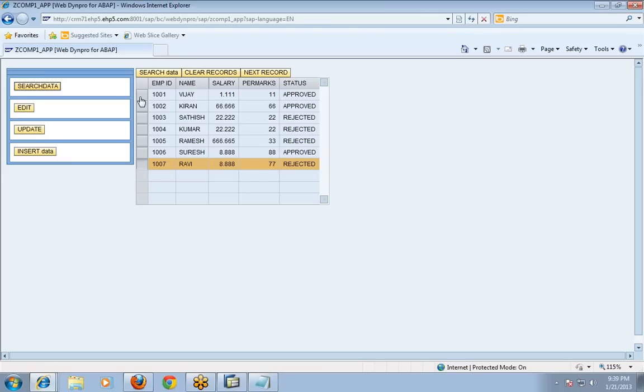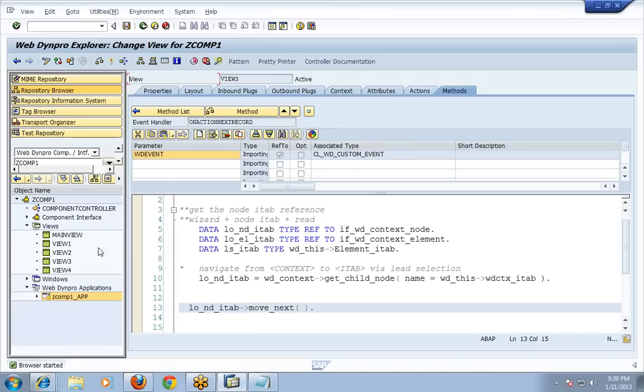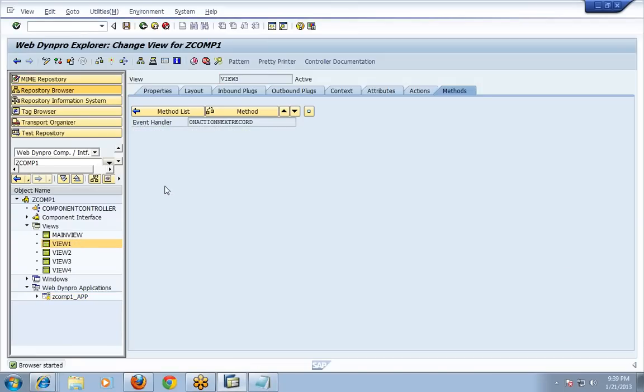Now, what I want to do is, here you can see in a table, I have selected a record. The selected record I want to delete from the database. I want to delete the selected record from database as well as from Webdynpro level. So that's a requirement. So what I'll try to do is, I'll try to go to view 1